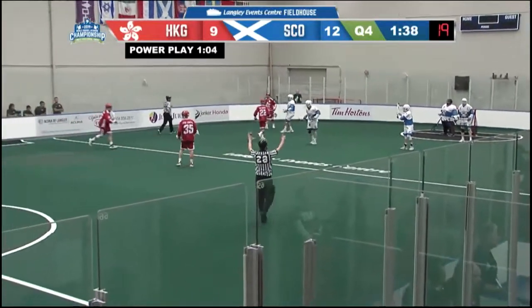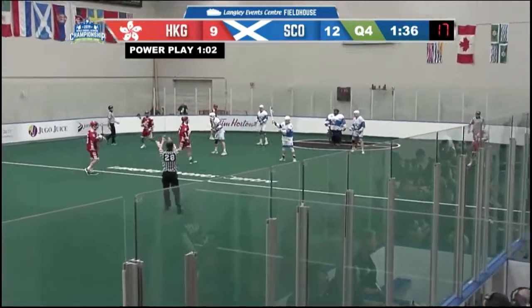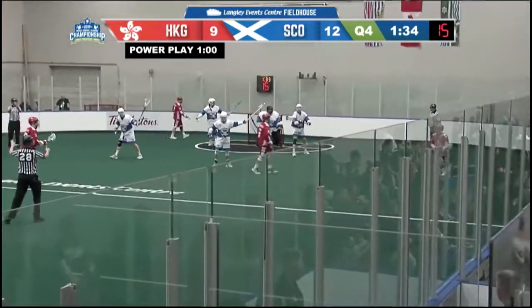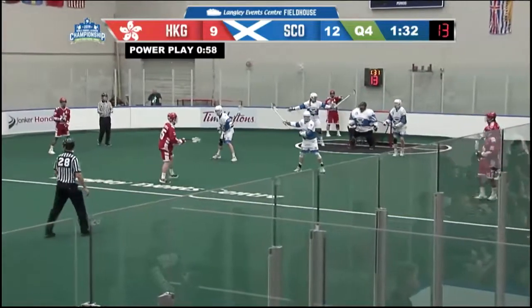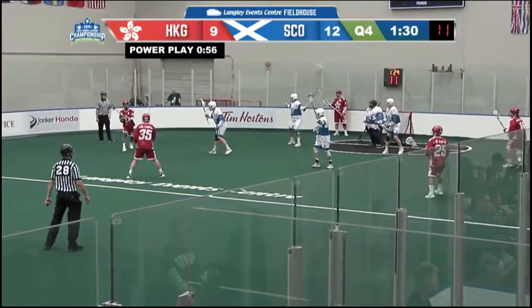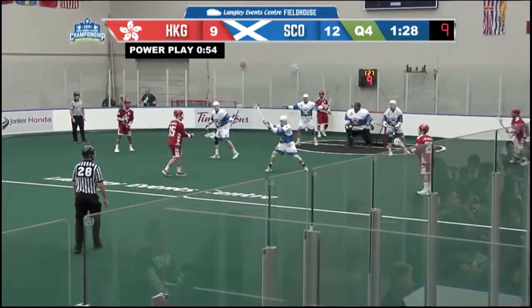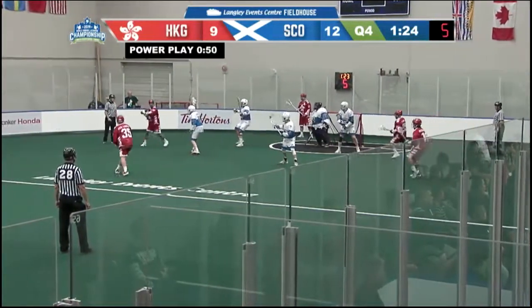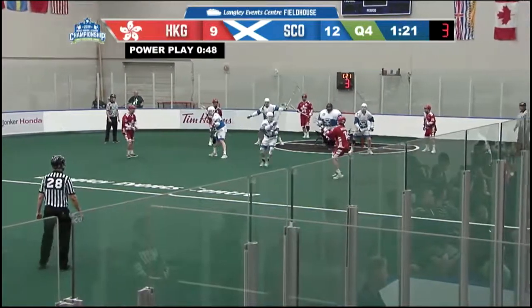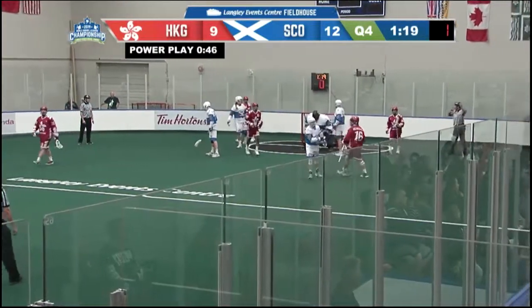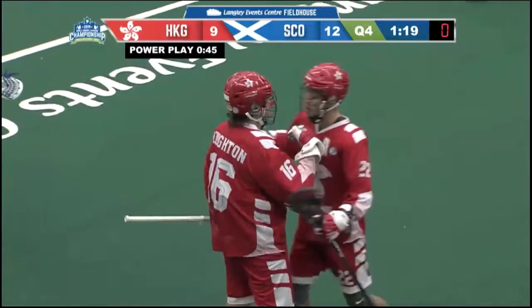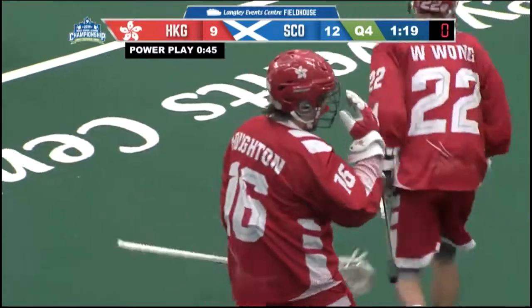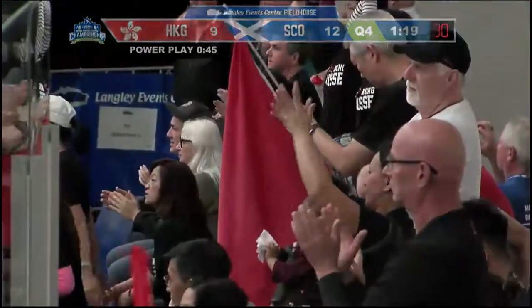As West Pratt backing in for Hong Kong, 97 seconds remaining. As it is 6-on-4, Hong Kong. Goaltender on the bench, extra attacker trailing by 3. Moving it around, Houghton right side scores. 12-10, 1:19 remaining. Power play goal.